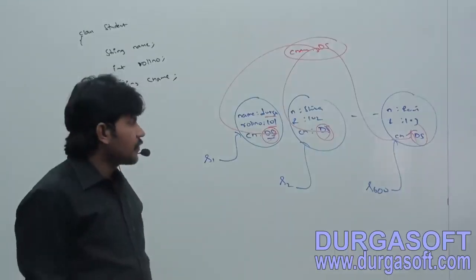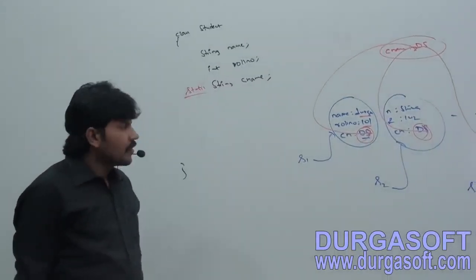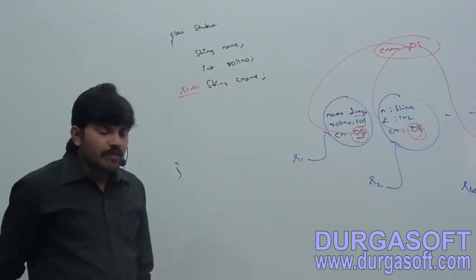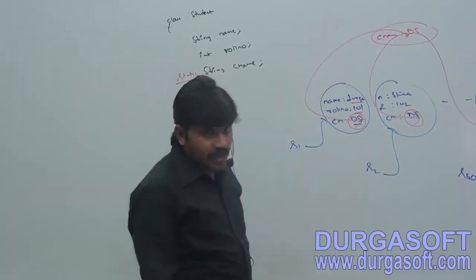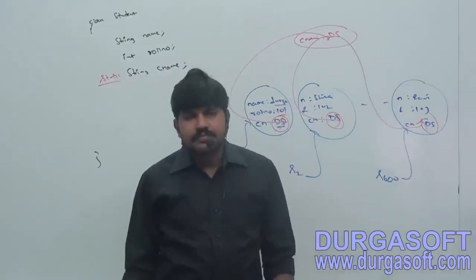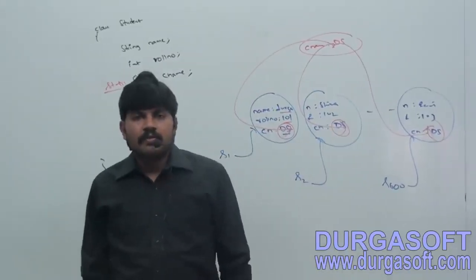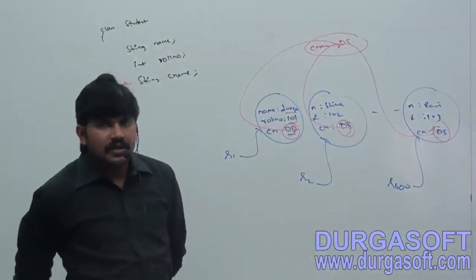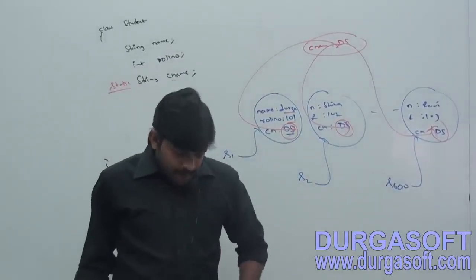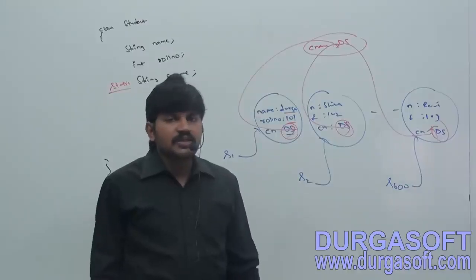Add, second point. In the case of instance variables, for every object a separate copy will be created. But in the case of static variables,